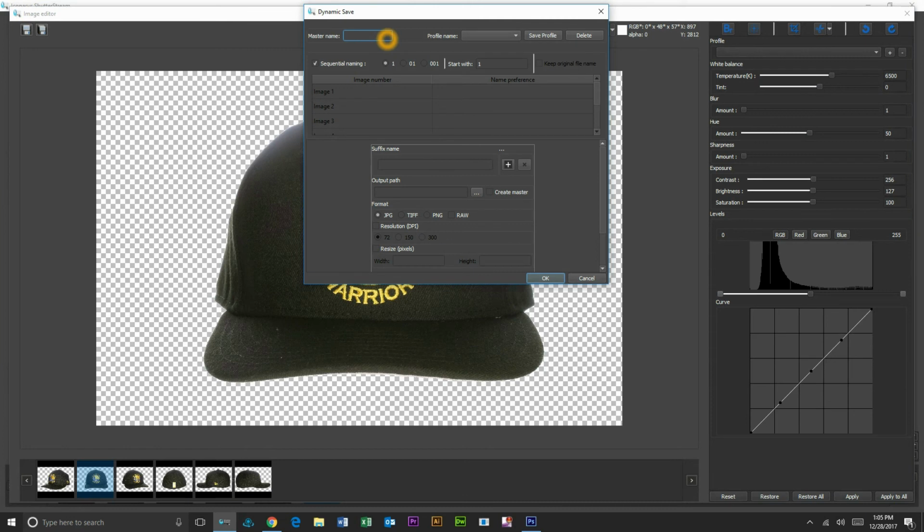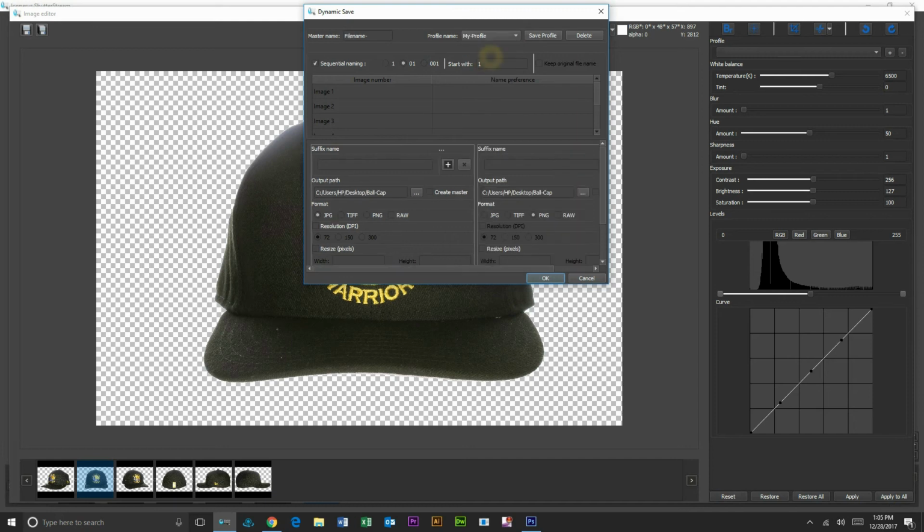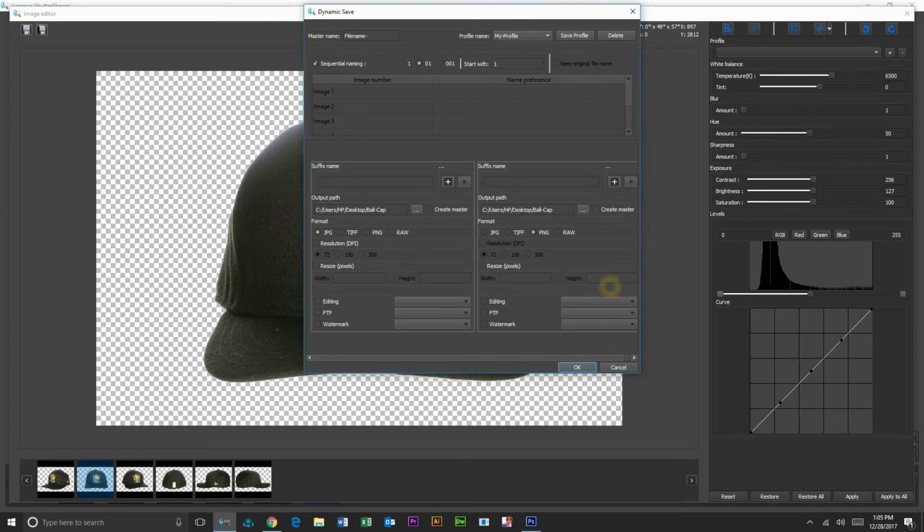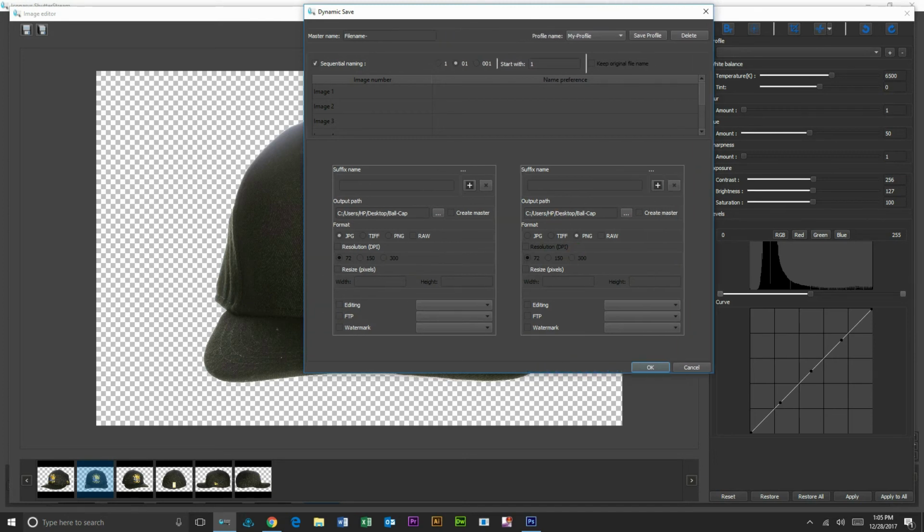I'm going to choose my dynamic save tool. I'm just going to give it a master file name. We can use a barcode scanner inside of here too. I've created an editing profile. Basically inside of this profile, we're going to save each one of these images out once as a PNG image to this located folder,